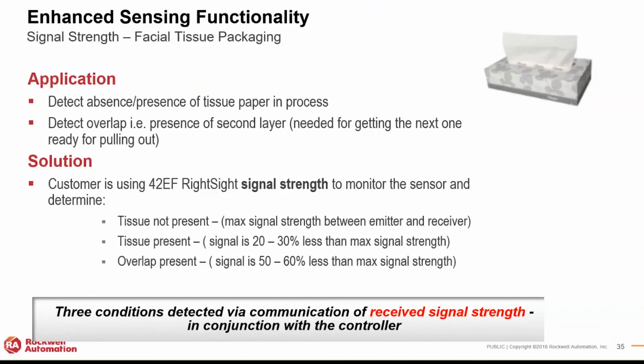If there is nothing present in there, maximum signal is received. If there is a single layer of tissue, it cuts down the signal by about 20–30%. And if there are two layers, it cuts down by 50 to 60%. They set the threshold in the PLC, and now they can actually detect 3 different conditions. But not only that, it's a very inexpensive way of doing this, and they were able to eliminate